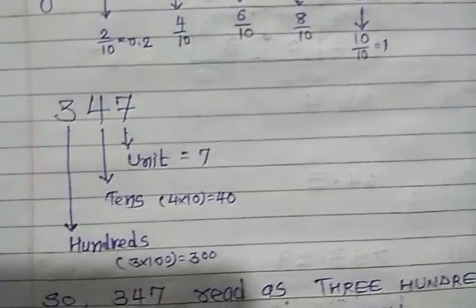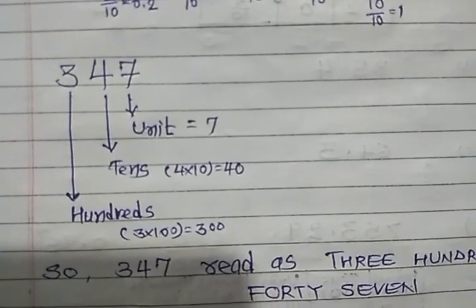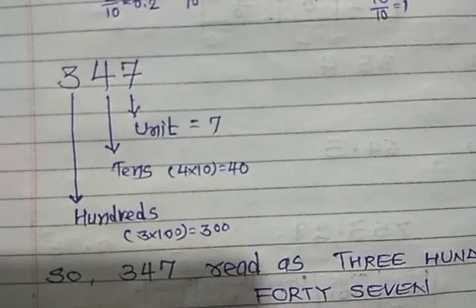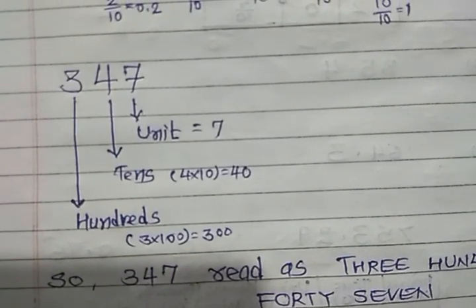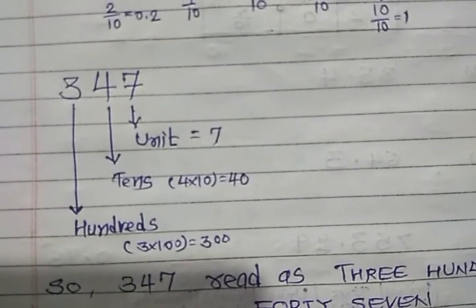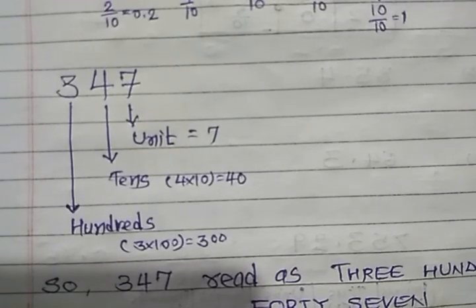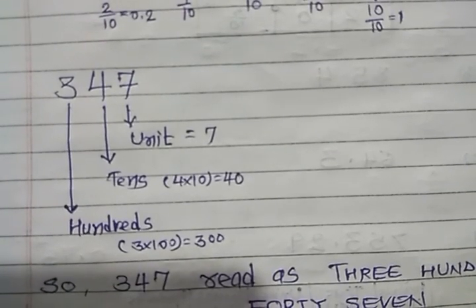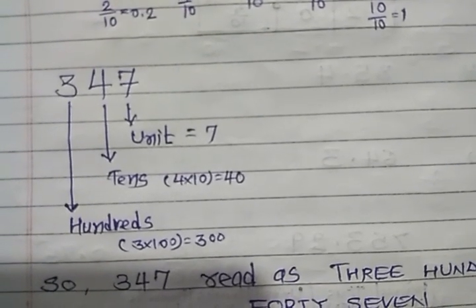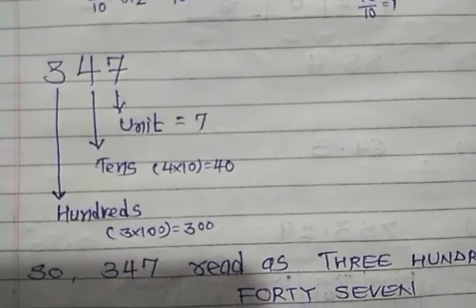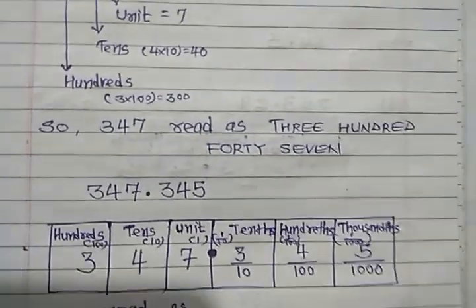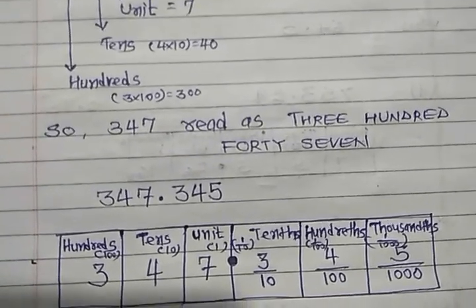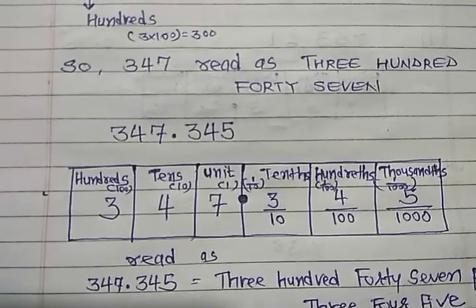Okay, let's move on. Here we write the number 347. Now 7 is in the unit place, so its place value is 7. 4 is in the tens place, so 4 into 10 is 40. 3 is in the hundreds place, so 3 into 100 is 300. So we read 347 as 347. Suppose we take